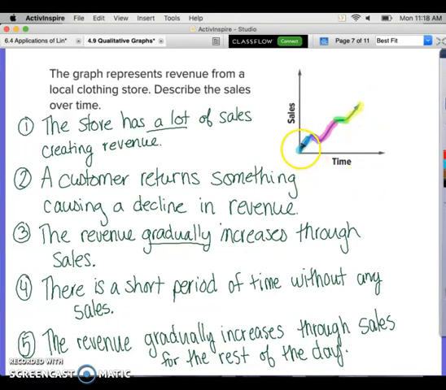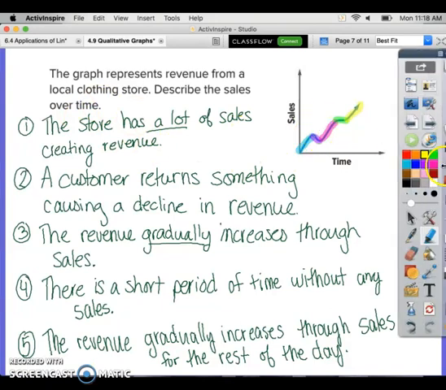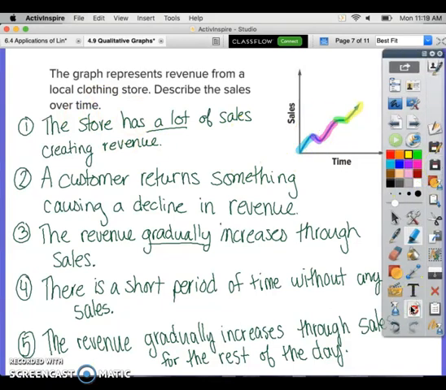So the first one, the store has a lot of sales creating revenue. So sales over time, words like revenue. Okay, that's just meaning they're making a lot of money. Store has a lot of sales, so they're making money, creating revenue. Okay, and I'm going to go back to